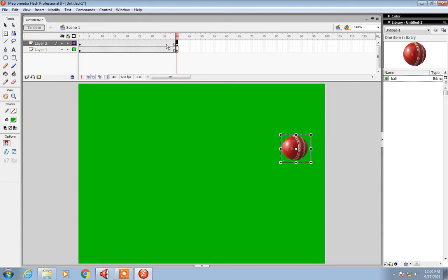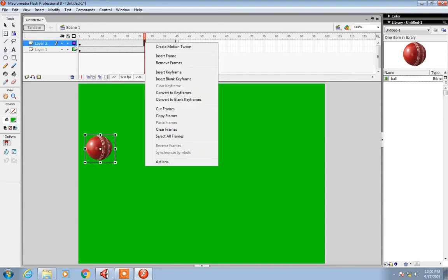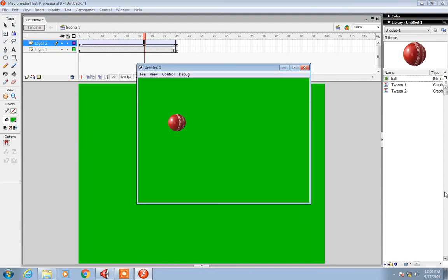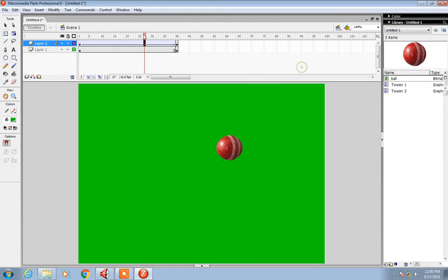So now a slow moving animation has to be displayed. To do that, we are going to right click anywhere in between frames 1 to 40 and say create motion tween. Tweening will take the first object and the last object and create a path for it, so that it will move on that path. So press Ctrl Enter to see the movie. So the ball is moving from the first place to the last place. If you get a dotted line over here, that means the animation is not done properly. If you get a straight arrow, that means the animation is done properly.